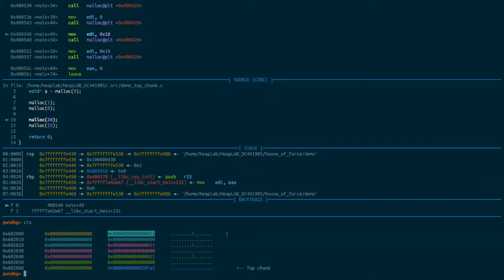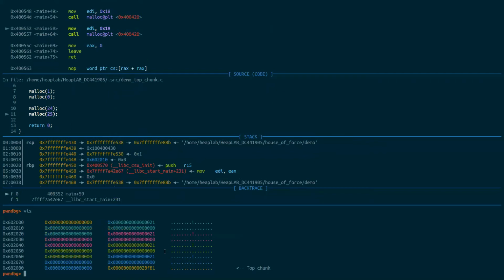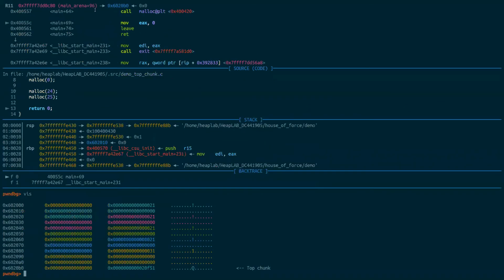The reason for that is that chunk sizes increase in increments of 16 bytes. And that means if we use malloc to request exactly 24 bytes of heap memory, Viz shows us that we got a minimum size chunk with 24 bytes of user data. But if we request 25 bytes of user data, Viz shows us that we got the next chunk size up, hex 31, with 40 bytes of user data. The chunk sizes will increase in those 16-byte increments, so you'll only ever see chunk sizes of 20, 30, 40,